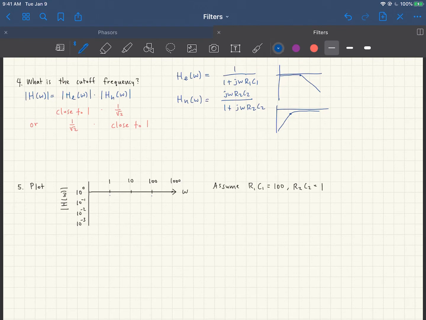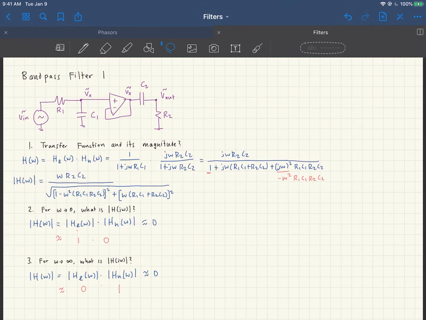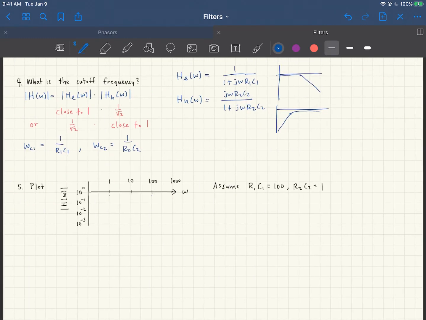So with this logic, we'll have two cutoff frequencies. So cutoff 1 is going to be equal to, and these are all approximations, 1 over r1c1, and the second one will be 1 over r2c2. Another way of finding these cutoff frequencies was to take the magnitude in the previous part, this entire expression, and then set that equal to 1 over the square root of 2 and solve. The cutoff frequencies would have been slightly different, but they would be approximately 1 over